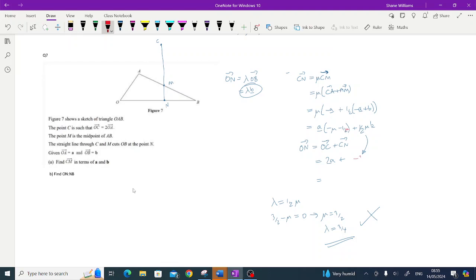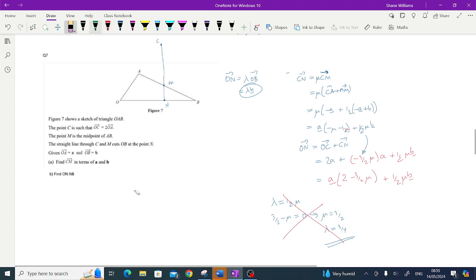This is minus 3 over 2 mu lots of a plus a half mu lots of b, which gives me how many a's? 2 minus 3 over 2 mu plus a half mu b, which means that, let's just cross this out,